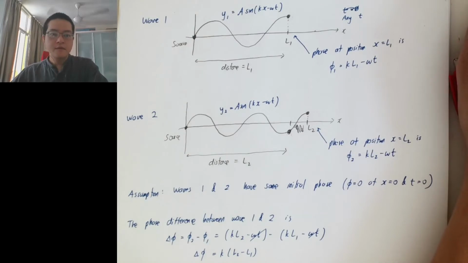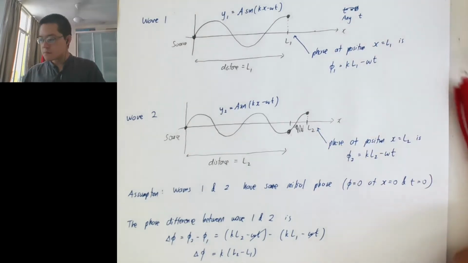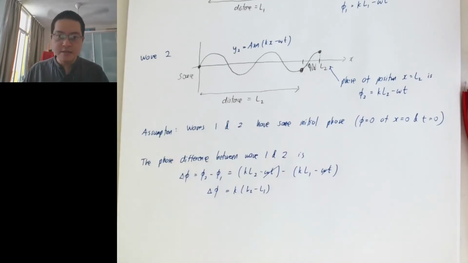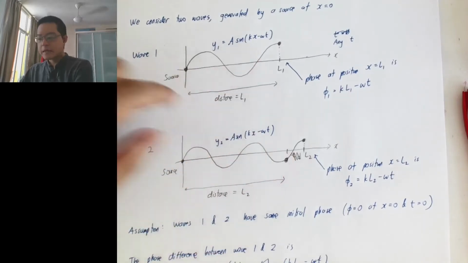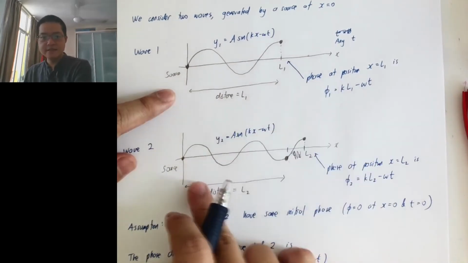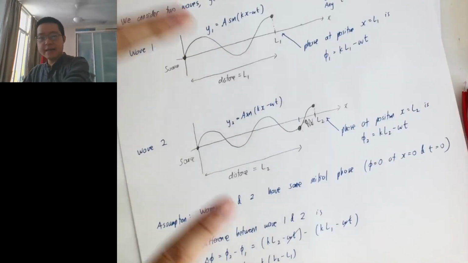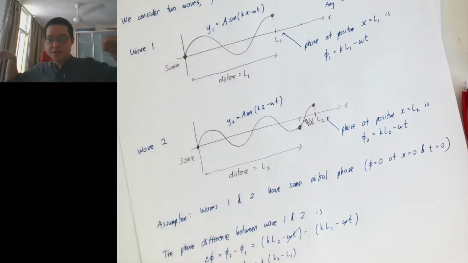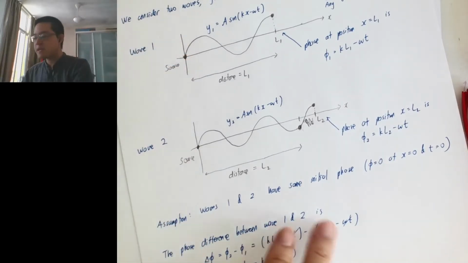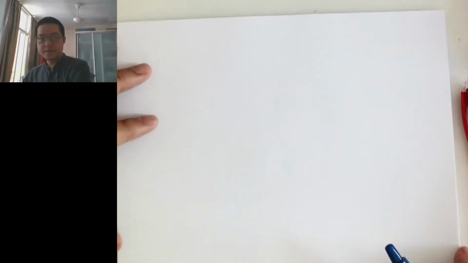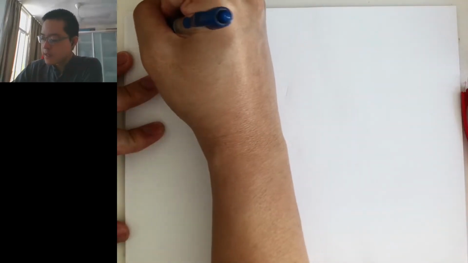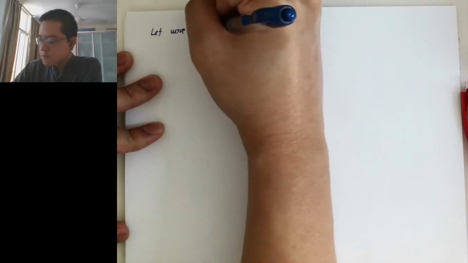Okay, so this is the situation that we have so far, right? I have calculated this position given at this distance. This is this, and then this is this. So now what I'm going to do is interfere these two waves. So let's say these are the two light sources, right? I shine these two light sources on the same place, and let's see what happens. We let waves 1 and 2 interfere